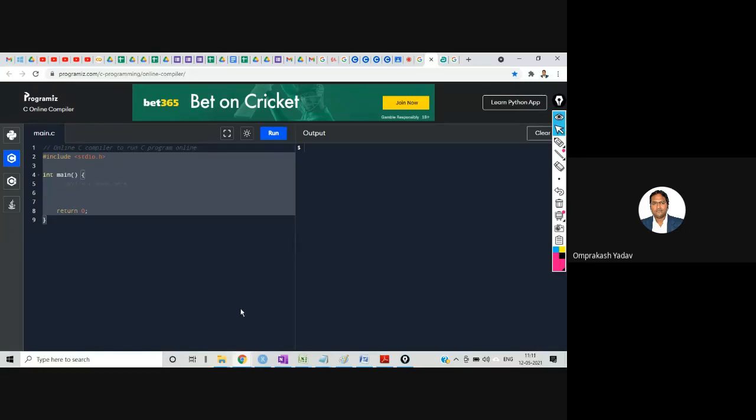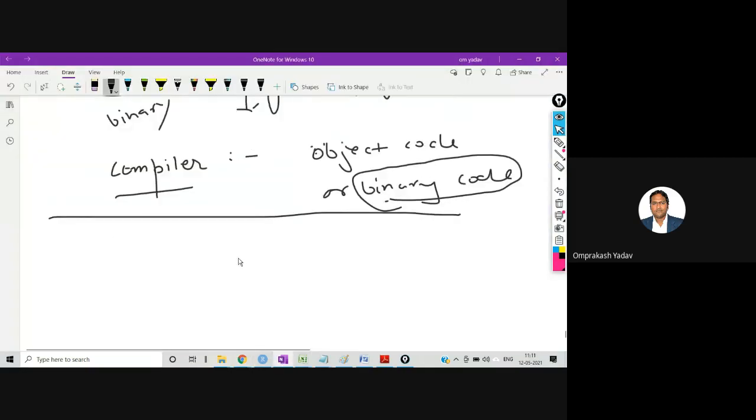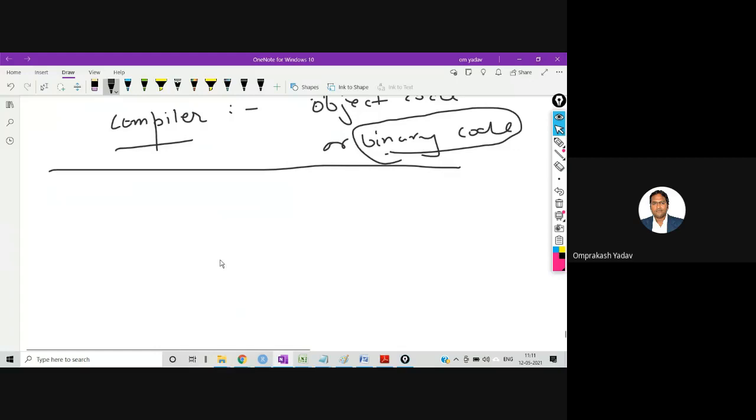Before writing the program, I can just explain what things you will require in each and every program, and then we will go over there and write the code.